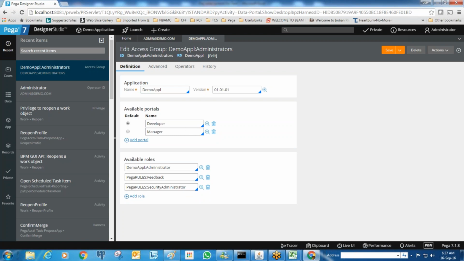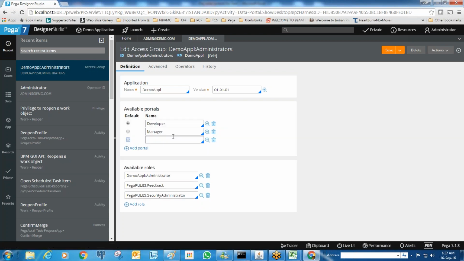Subhash, Venkat here. I have one more question. By default, when you create an application, a developer, manager and user portal are provided, right? Correct. So can we create one more category of portal also? Suppose an application is to be accessed by a vice president who wants to only review reports and analytics.